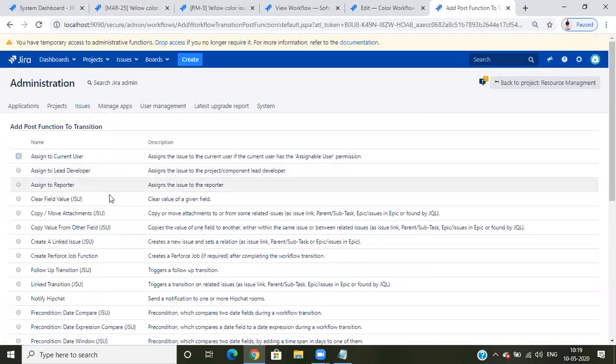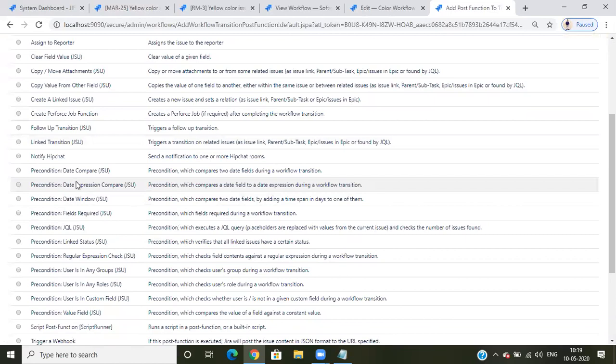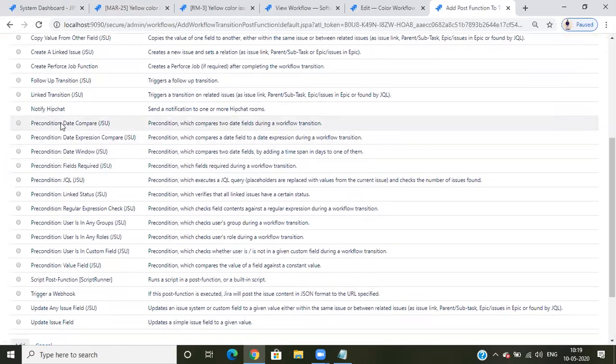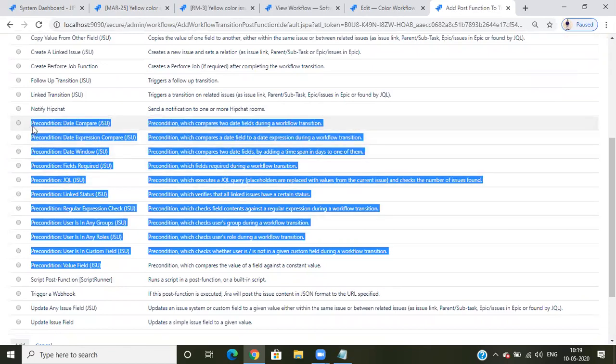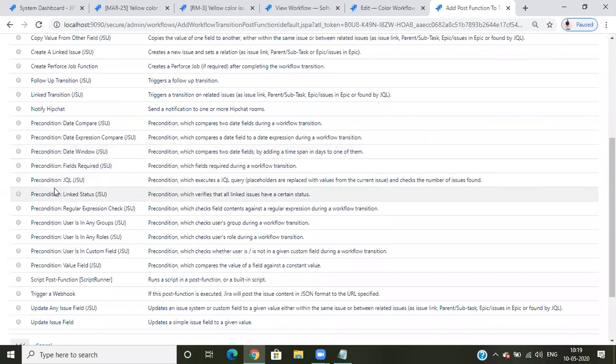Okay. So next, the important one is the follow condition. This is all preconditions. Precondition means we have validations. All that validation will come to here again. Conditions, validations, some of the things will come to here. Same thing: date window, date expressions, field required, and some precondition JQL, a regular expression check, a user in a group, user in a role, user in a custom field, and value field.